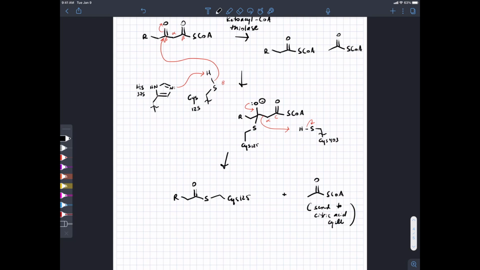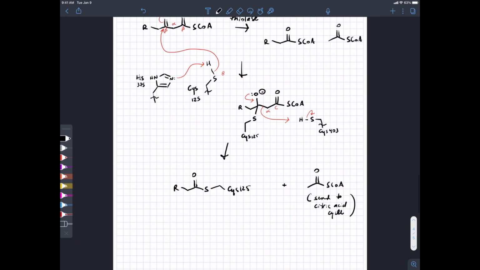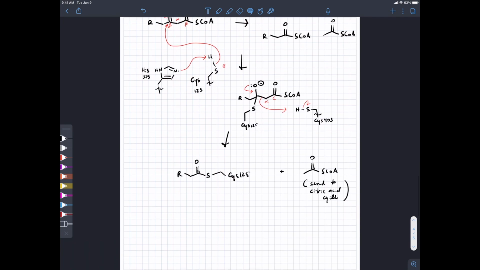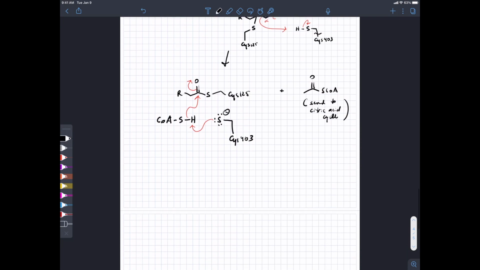Now, where does the other portion of our product go, this other thioester? Well, there was a reason we deprotonated that other cysteine, and that's so that it can be a base as the thiol from acetyl-CoA gets deprotonated, and then that thiol attacks the carbonyl carbon. You get a tetrahedral intermediate. This process here is just called thioester exchange,